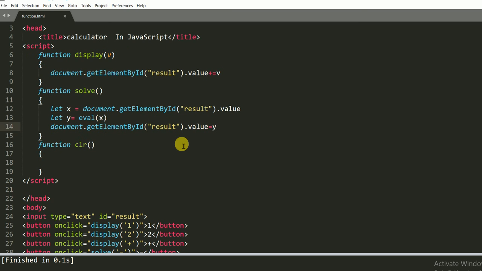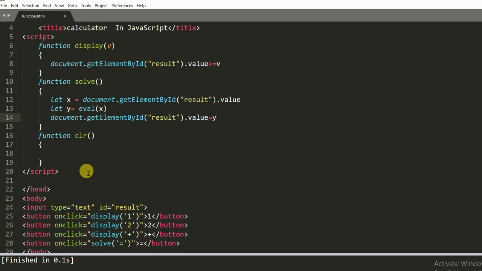But if you want to clear this, we need to make a clear function. If you want to clear the screen, we only need to put the value of y equal to, sorry, we put only an empty string, like this.